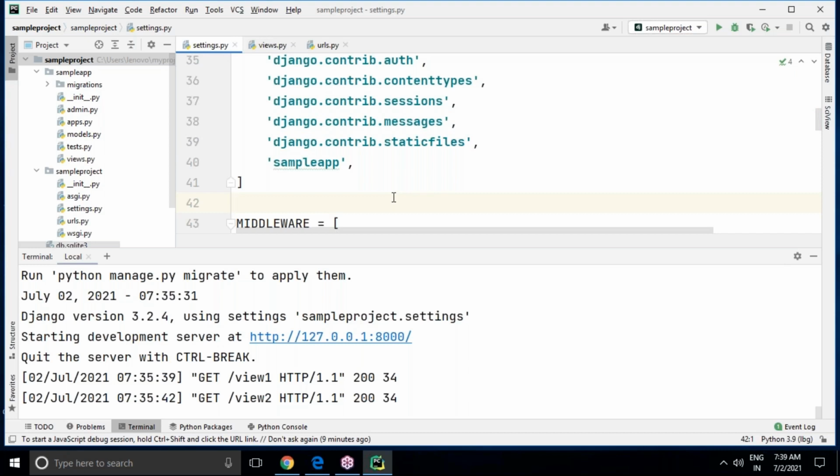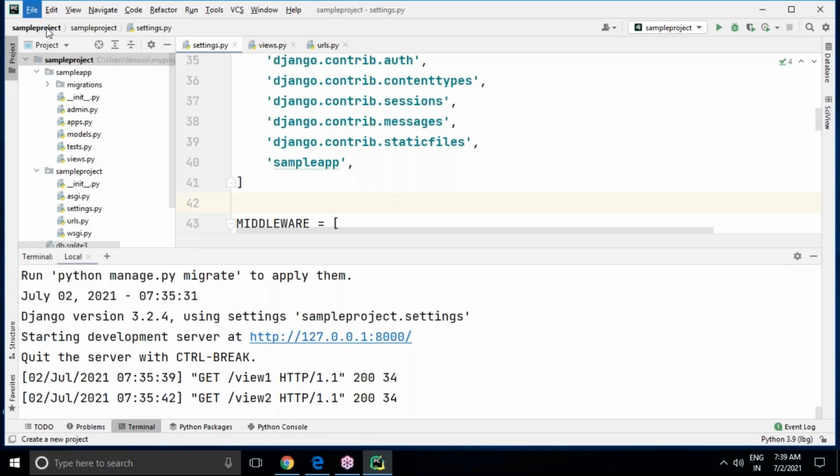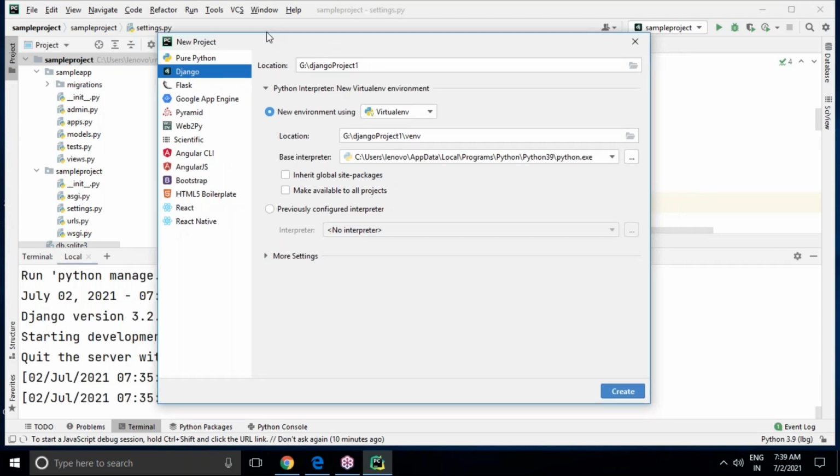Observe here. Imagine that there is no project available right now. You have not created any project previously. You have not created any virtual environment through command prompt. If you want, you can do it by following the previous steps. But I'm saying that once you install the professional PyCharm editor, there is no need to do all those things. Directly you can come here, to the File menu, and choose New Project. Look here, Django is there on the left hand side. Python project you need or Django project you need? I'm saying Django project.